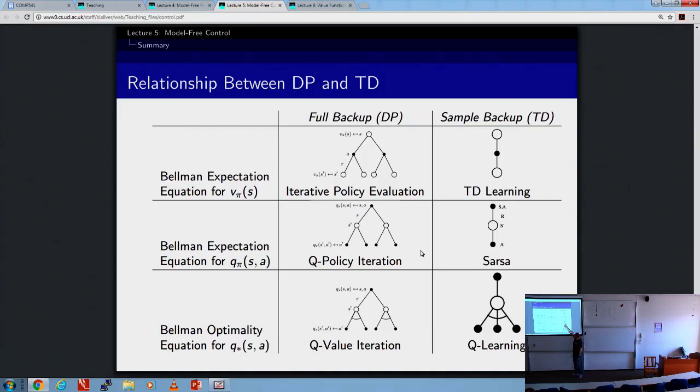I can use the exact same picture to evaluate my current policy and then to act epsilon greedily with respect to that in order to improve my policy. That's called SARSA. It's basically the same as using TD for evaluation and epsilon greedy for improvement. And the thing that corresponds to value iteration is Q learning. In Q learning,